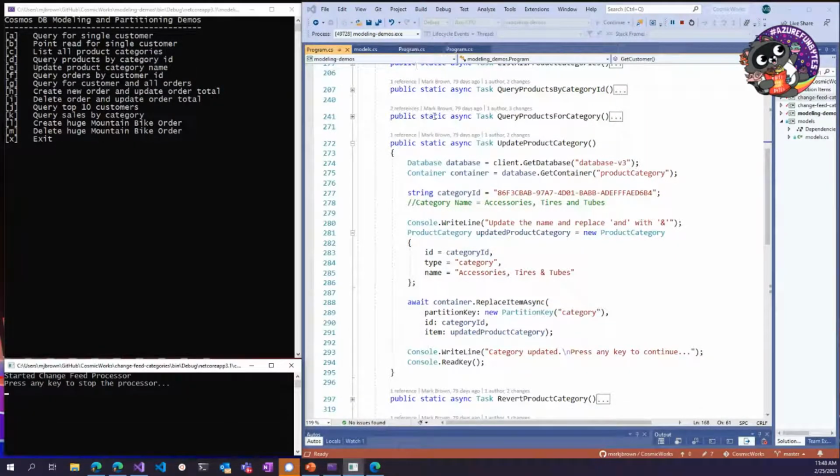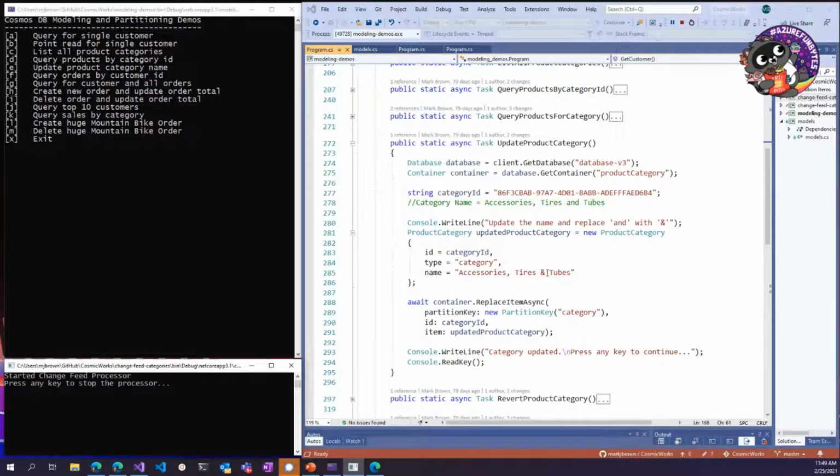In this model I've denormalized product category data into my products container, because when I query for products, I need the product category name in there. One of the problems with that is that you have to maintain referential integrity between my product categories in that container and the denormalized data sitting in product, so that it stays in sync.